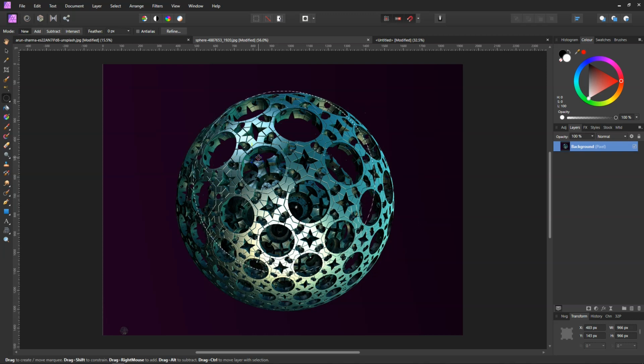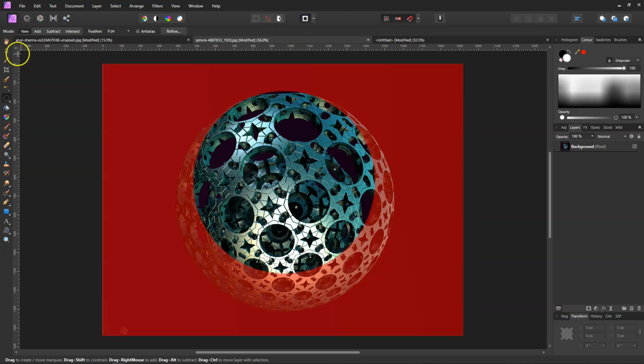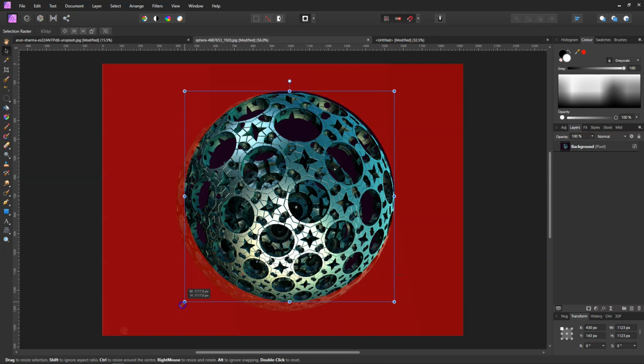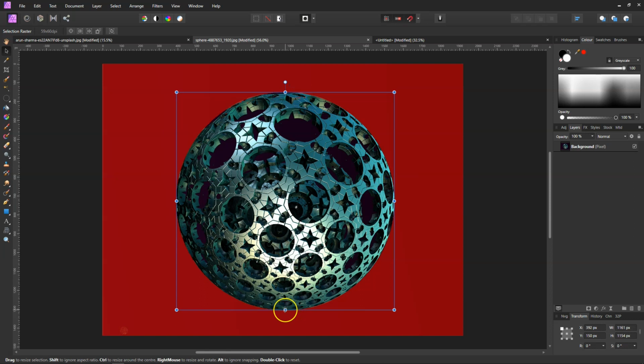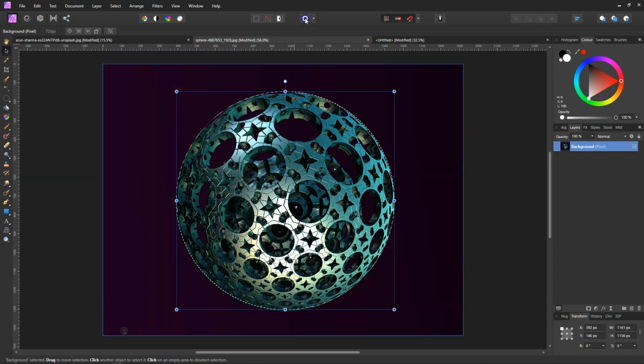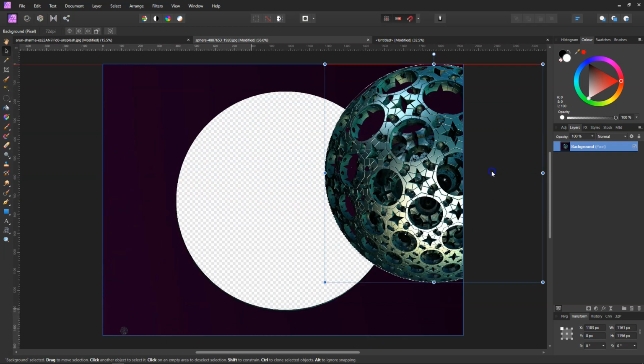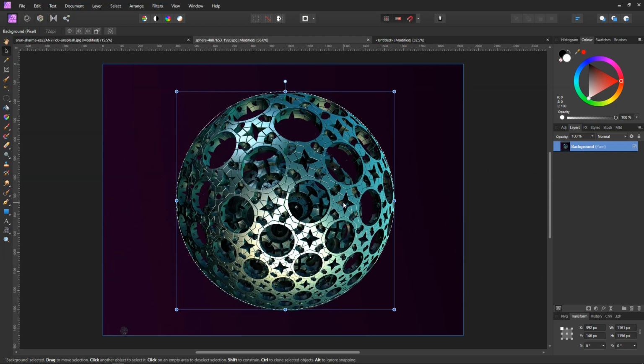But here's a nice little trick for you. If you come up to the bottom, there's this little Japanese flag, it's the quick mask. If we click on it and then go to our move tool, we can now sample that, and we can stretch it out to where we want it. And as long as we're in the quick mask mode, it won't change that. It won't turn it into a selection until we come out of the quick mask. So say we go there. Now if we exit the quick mask, we've got our selection, and we are free to move it around. So I'll put that back,